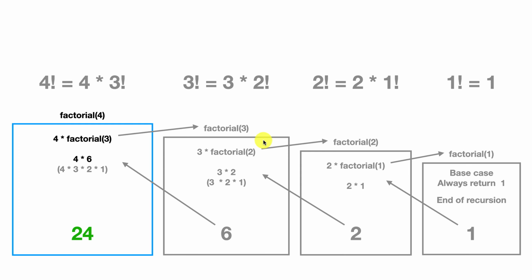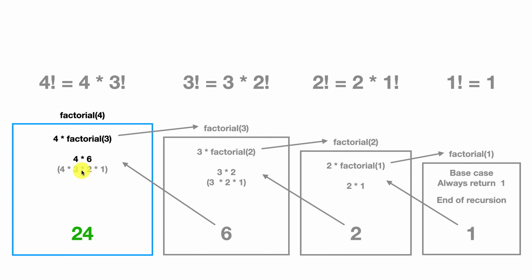Now that we've solved the factorial of 3 subproblem, we can use its value in the factorial of 4 subproblem, which is 4 times 6, which is equivalent to 4 times 3 times 2 times 1, or the results of our previous subproblems. And this is how we combine subproblems. We solve this function, or use the same code with different input values, then we get its result, and then use the smaller value's result in the subproblem that called it